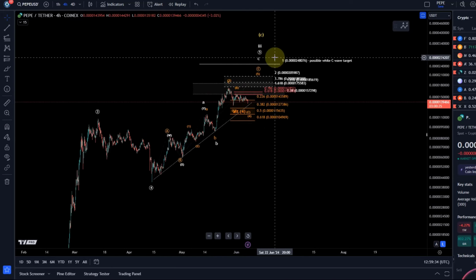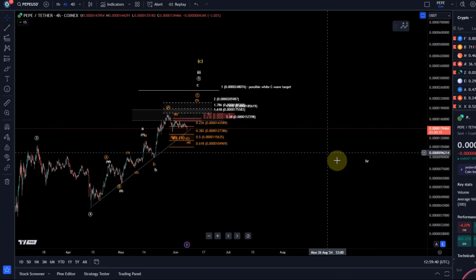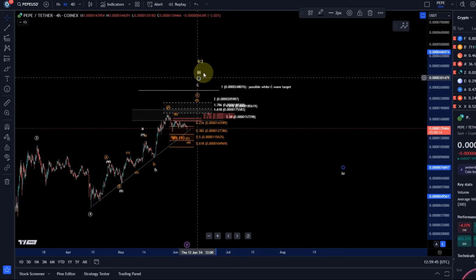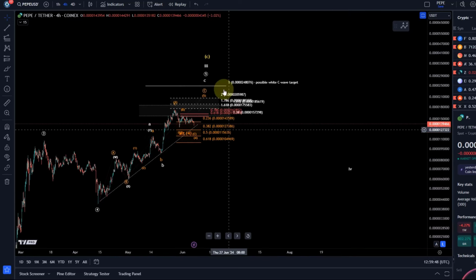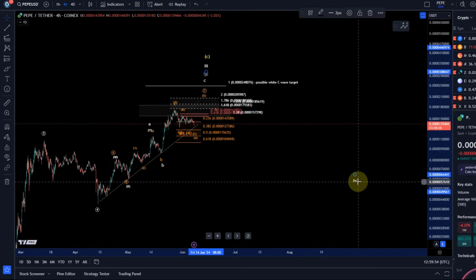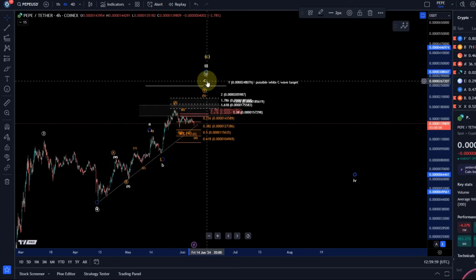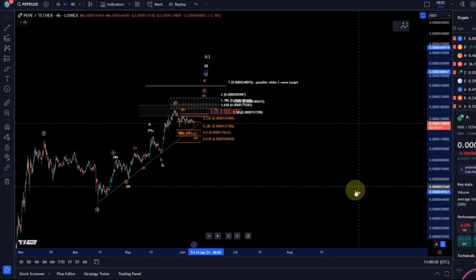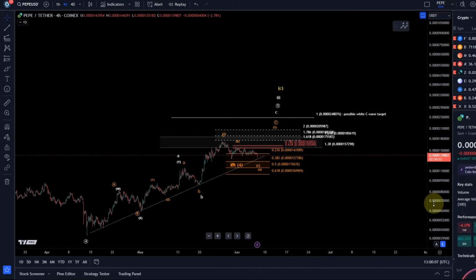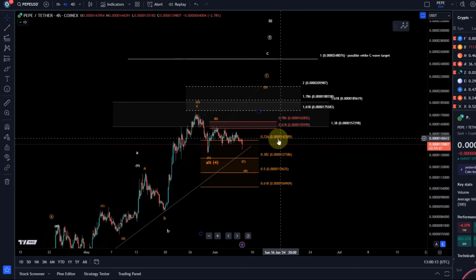Further extensions are always possible as long as support areas or levels are holding. But the next larger pullback and next decent setup could be this larger degree wave 4 as soon as this third wave is finished, as per the white count. I'm going to definitely give you a support area then for this wave 4. Where that will land, I can't determine yet. First of all, I need that full wave count because this support area for this larger 4 would still move higher with the price. At the moment, what we should focus on is this support area here between 104.969 and